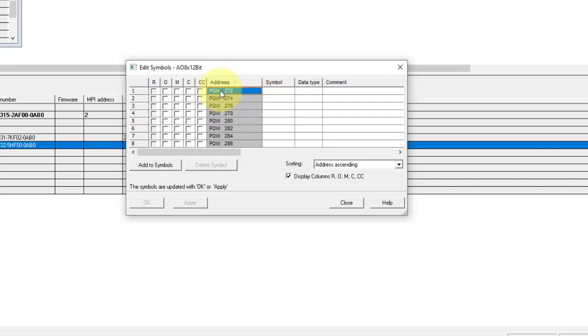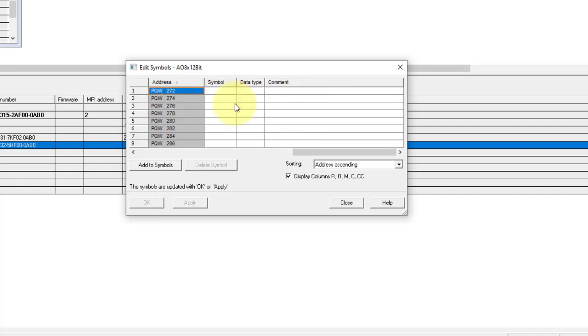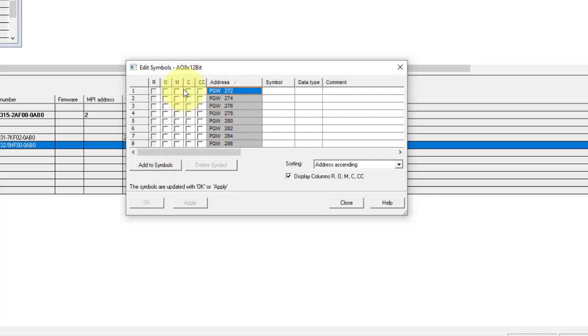Your output value will come here. So we will use this addressing, PQW 272. If you are using channel number 1, then you have to use 274, and the last one is 286. So our IP transducer is connected with channel number 0.